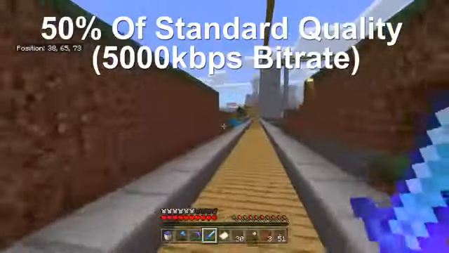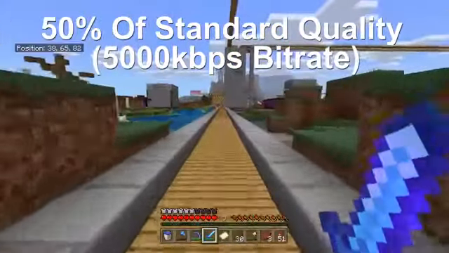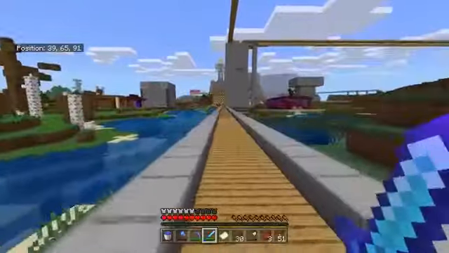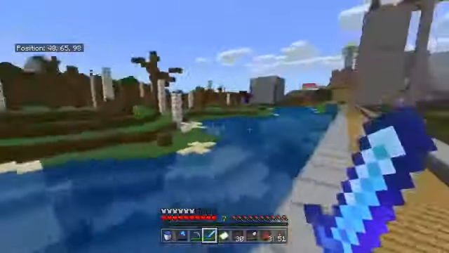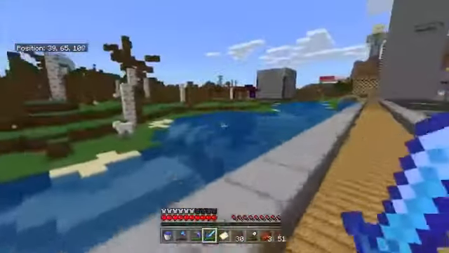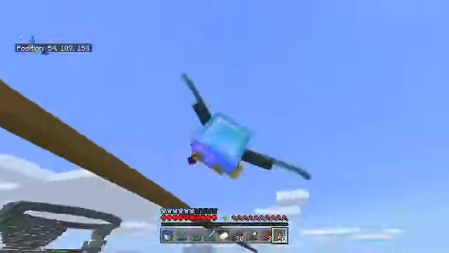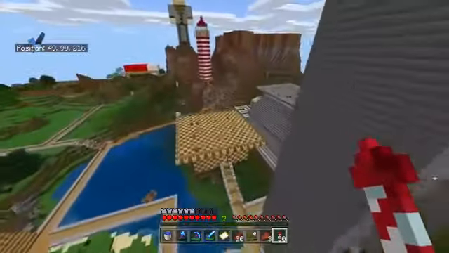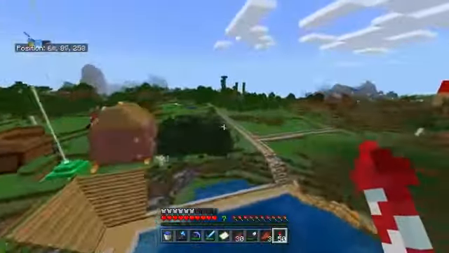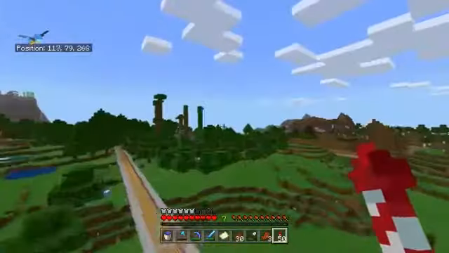You're going to notice how, like, oh yeah, it still looks like Minecraft. This is still a video on the internet. You might think your eyes are hurting you sometimes when there's a lot of complexity or something confusing happens. For instance, if we throw some fireworks and we try to look at ourselves, if we go really fast and we see a lot of stuff and we spin around, then it might cause some issues sometimes, but for the most part, even at 5,000 kilobits, things are pretty much fine.